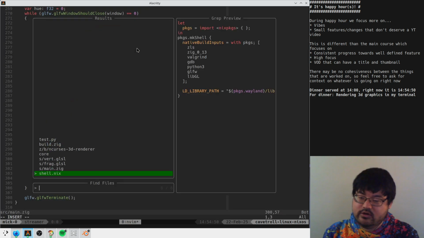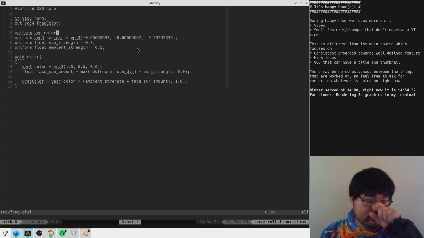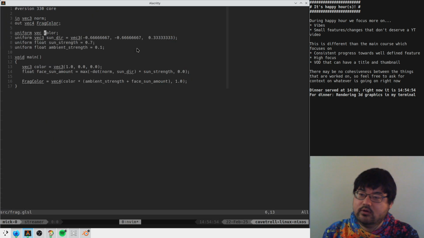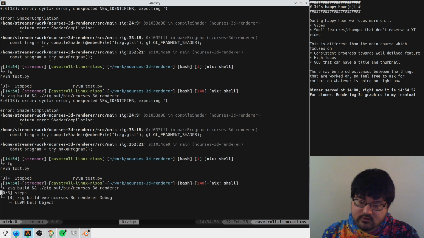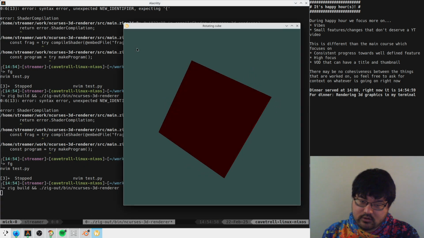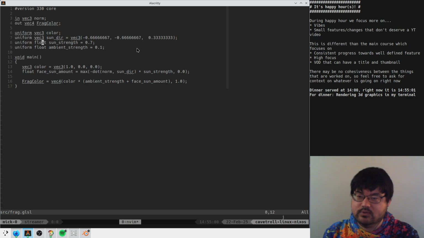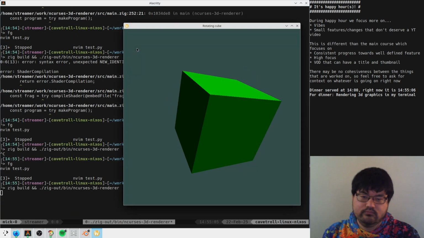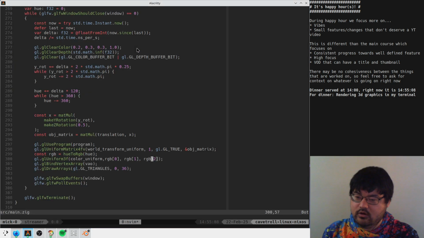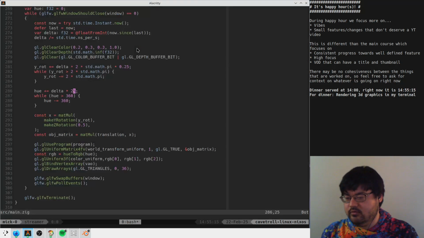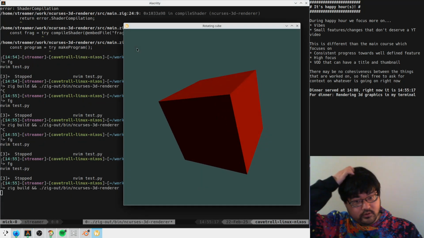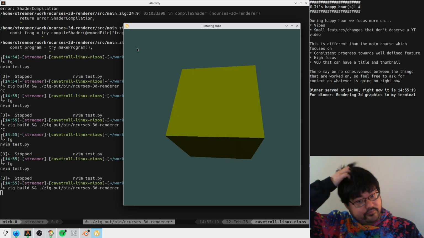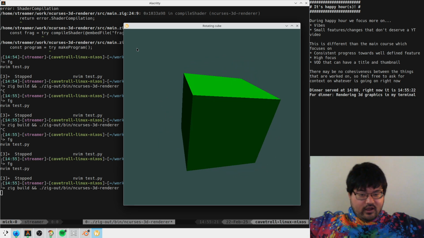Shader compilation failed because LG, thanks for this tier 1. Much appreciated. We forgot to write vec3 here, I guess. Okay, color's not changing. Not good, because we didn't actually use the color here. Okay, there we go. Looks like it's working. And then can we kind of dial back the speed? Sure. I mean, that's good enough